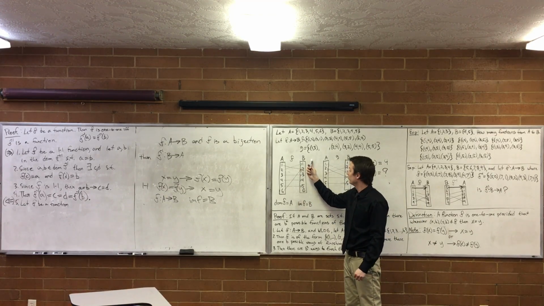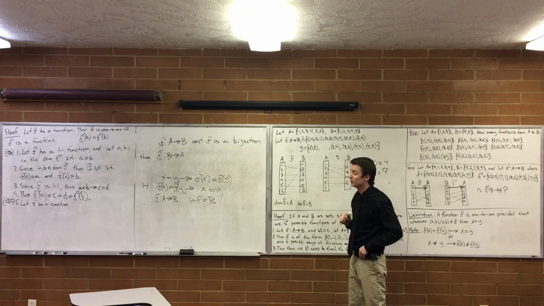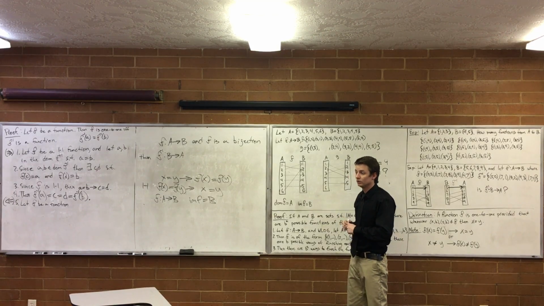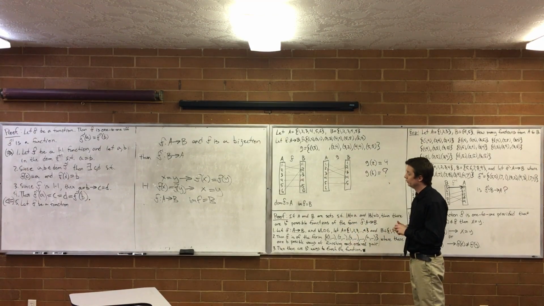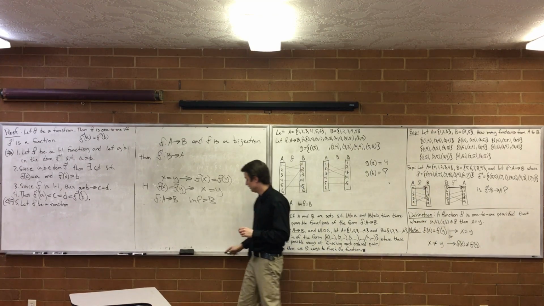Or not one-to-one, but onto. It can be one-to-one and not be a function? No. That's a property of a function. Onto is also a property of a function. Makes sense. Perfect. Okay. Think we're good?